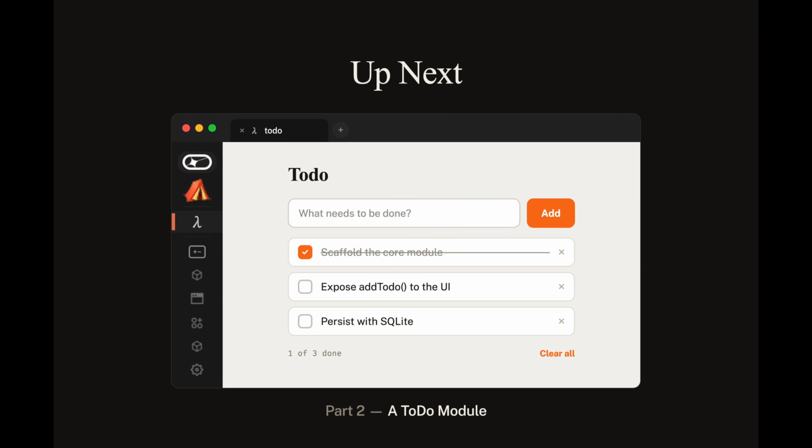Up next, we will be building a simple to-do module, which will include both a UI module and a core